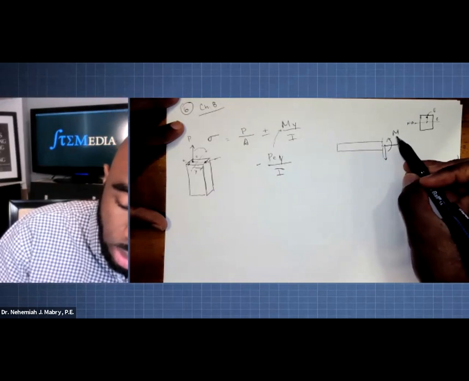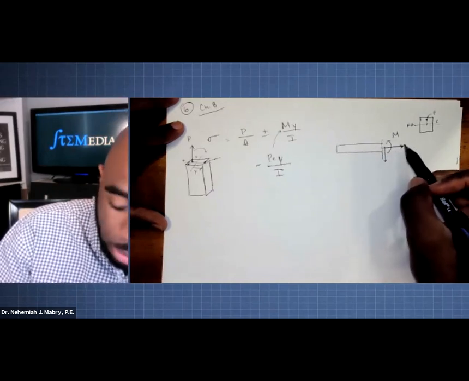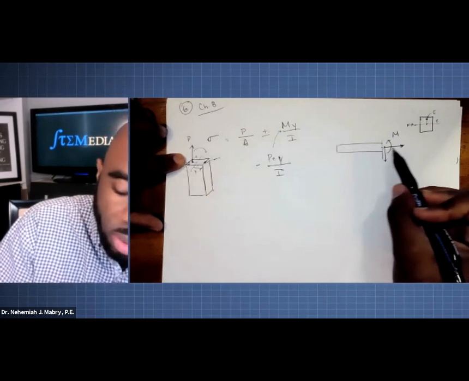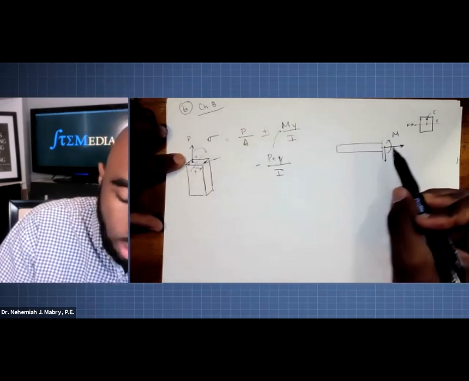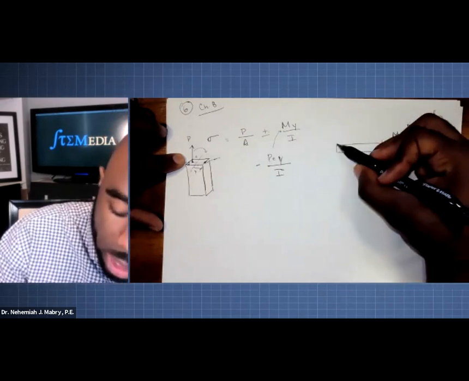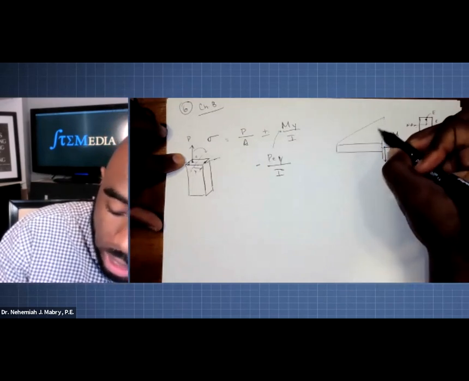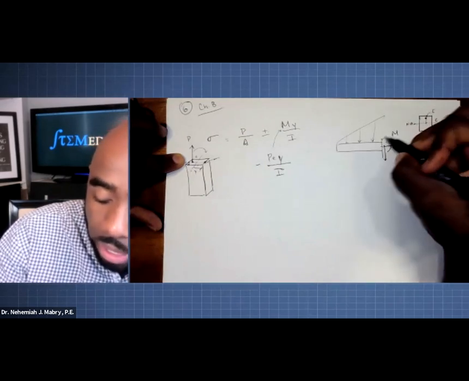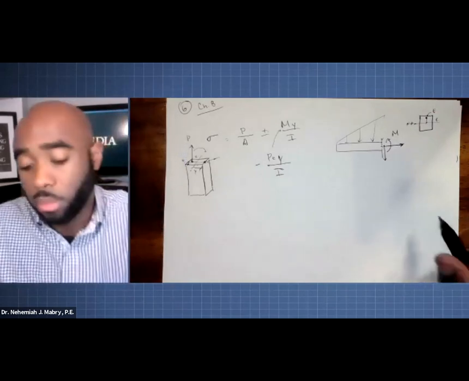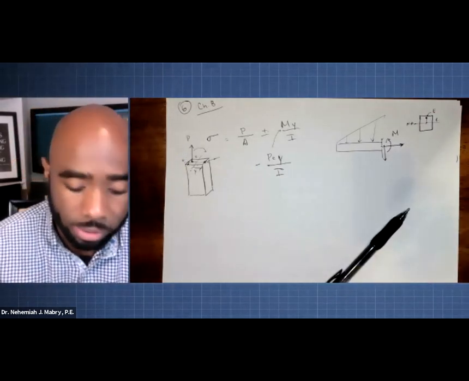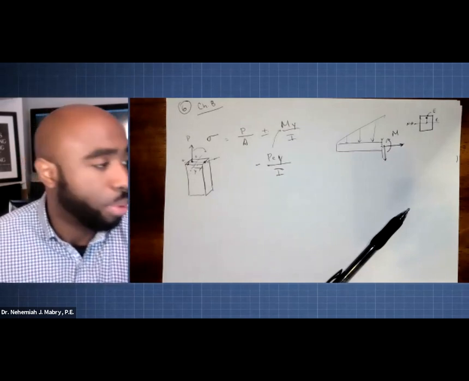So it's either created by the internal moment or the fact that this axial load isn't eccentric. In this case, it's right down the middle, so that's not creating a moment. It's just an internal moment that's probably a result of your external loadings or things of that nature. So you'll need to solve for that. But the concept remains the same: combined loadings for chapter 8, the 6th type of problem that you can expect.